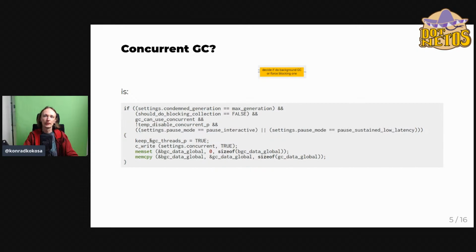And if all those settings and the conditions are met, we are saying, okay, so we are going into the concurrent version of the GC. This is all the per GC decision. So this is the whole story. If you are interested, you can always Google and find exactly this code in the GC CPP file and get a bigger context, but those are the main conditions that we are interested in here. So we have this decision,